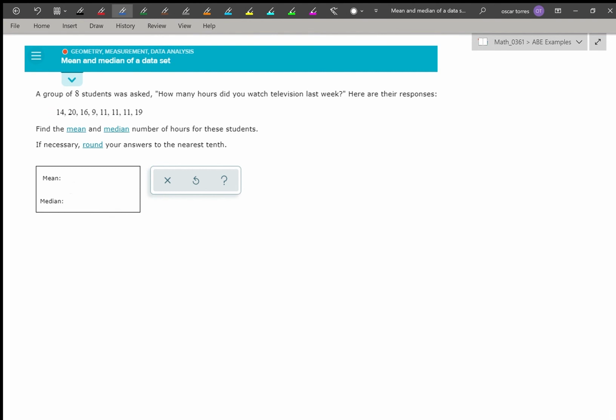This problem wants us to find the mean first, so they want us to find the average of these numbers. So we don't need to rearrange them yet. We can just add up 14 plus 20 plus 16 plus 9 plus 11 plus 11 plus 11 plus 19. When I add them all together, I end up getting the number 111. Now to find the actual average, I need to take that value and divide it by the amount of numbers that I have. I have 1, 2, 3, 4, 5, 6, 7, 8 numbers. So I'm going to divide this 111 by 8. And this will end up giving me